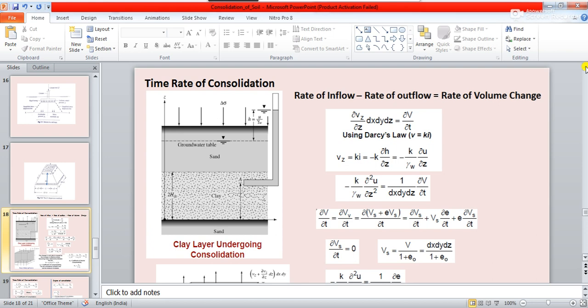So before we go to this time rate of consolidation understanding, you please try to go through, during this week, the permeability, because permeability will come into the picture while understanding this. Okay, so Darcy's law, permeability, all these things will come into the picture, and the head, that is gamma W by H, the pressure head, all these things. There is a chapter in your soil mechanics book for permeability which you have already learned. So please go through that permeability chapter once. So Darcy's law will come into the picture. Okay, so in the next class we will be